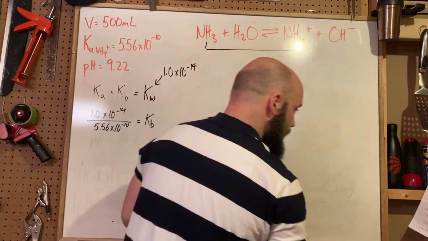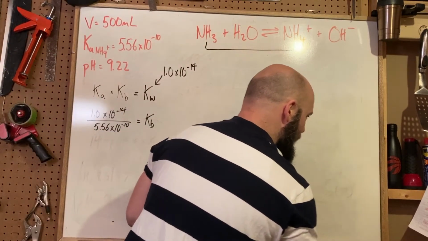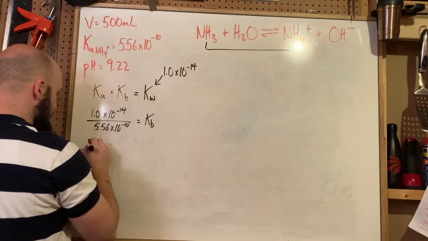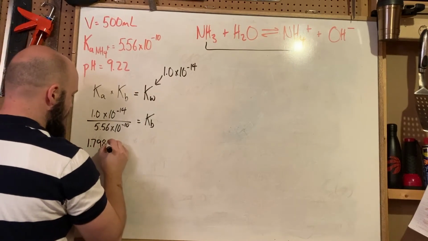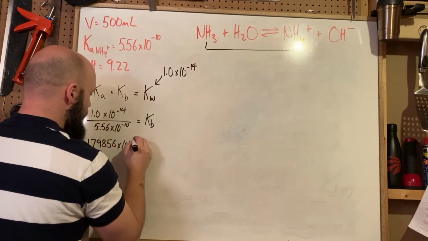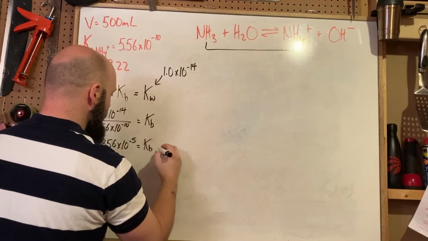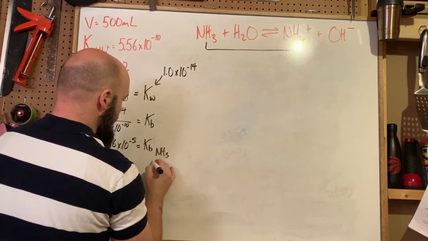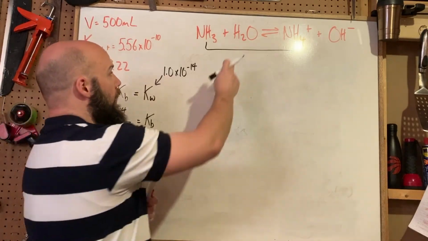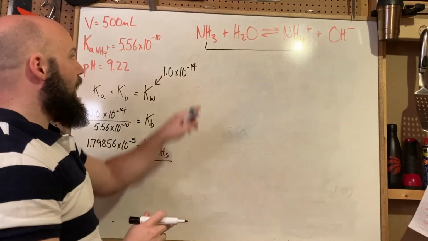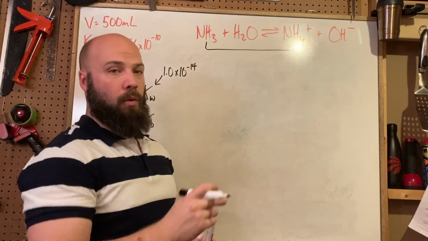And in this case, the value is 1.79856 times 10 to the negative 5. And that is your Kb for ammonia, which will be required to find that initial concentration of ammonia in your